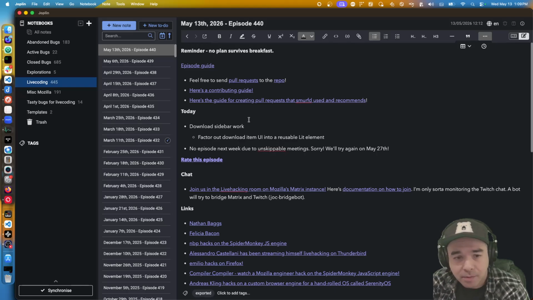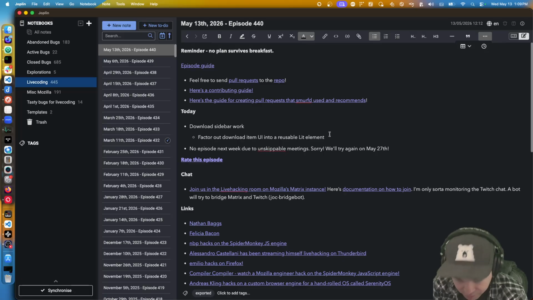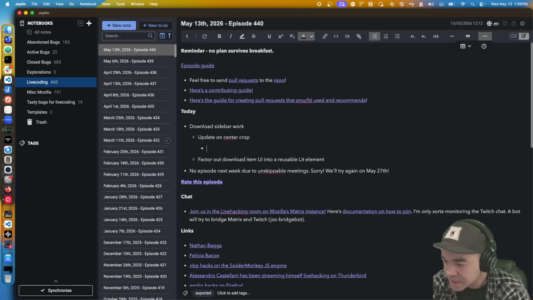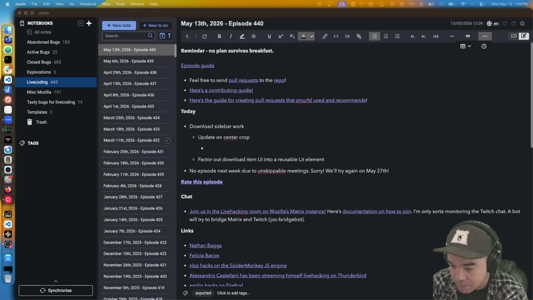So, what's going on today? Well, I'm continuing the download sidebar work. A quick update on center crop. This is something that we had talked about a little bit last week, where it didn't seem like there was great platform support for center cropping. And if you're not sure what I mean by center cropping, I mean